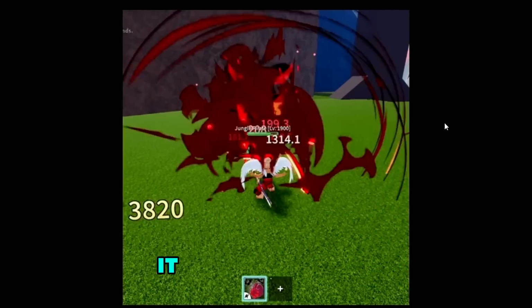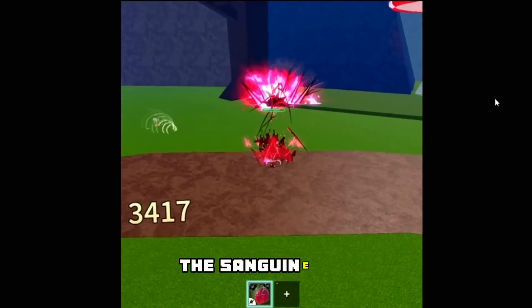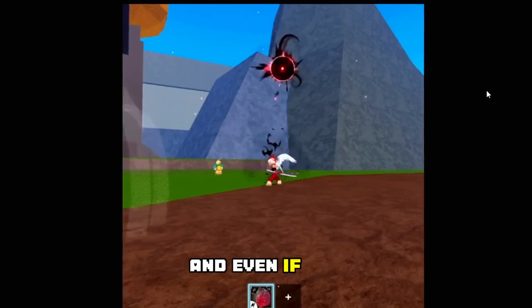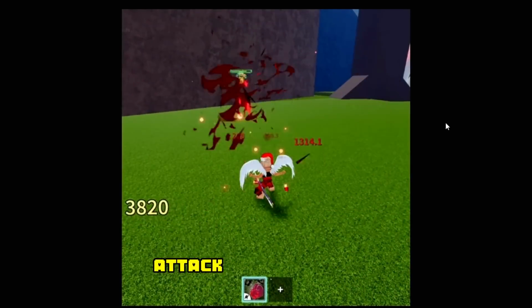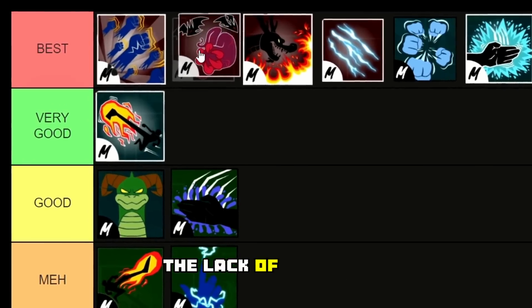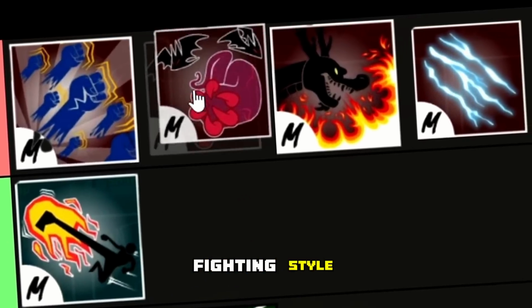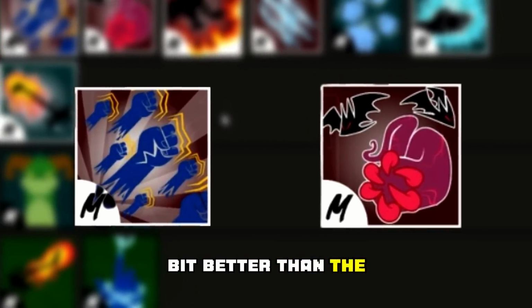And don't get me wrong, it is very strong for PvP as well, but in my opinion, the Sanguine Art actually lacks a little bit of mobility. For example, if you were to use the God Human fighting style, and even if you are fighting somebody, you guys can move around a little bit and unexpectedly attack your opponent, but with this fighting style, that's not the case. But still, with the lack of mobility, it has some amazing abilities, decent amount of damage, and overall a very strong fighting style. But overall, I think the God Human is a little bit better than the Sanguine Art,